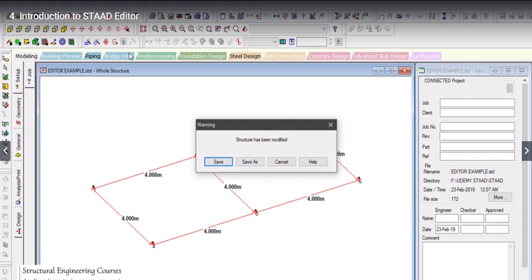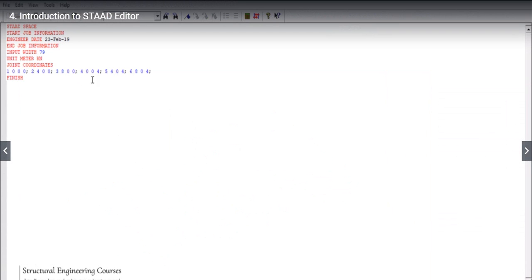So we go to the editor again. Here we will see that for joint number 4, x is 0, y is 0 and z is 4. Similarly, it has automatically calculated the coordinates of joint number 5 and joint number 6. So this is an example of joint coordinates.